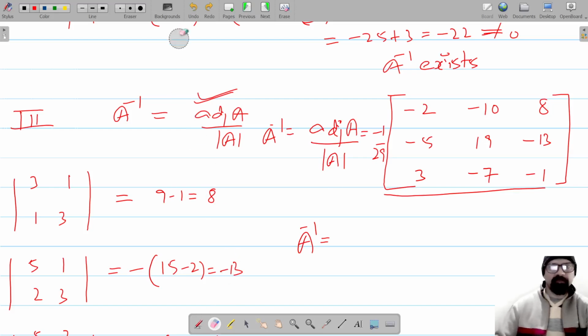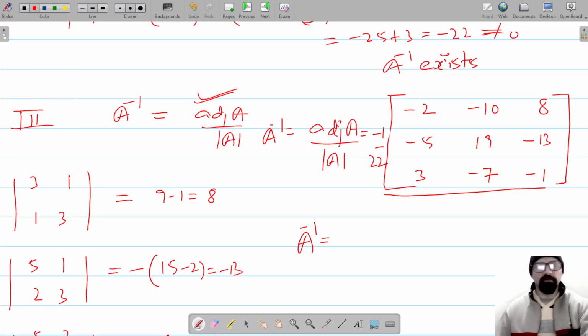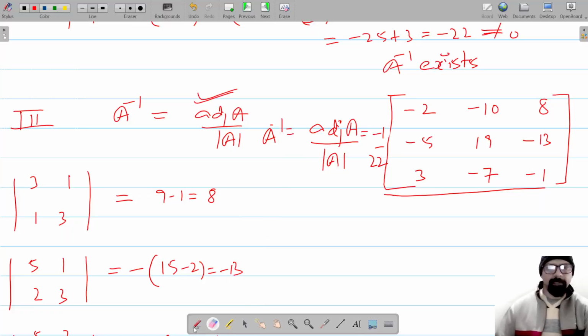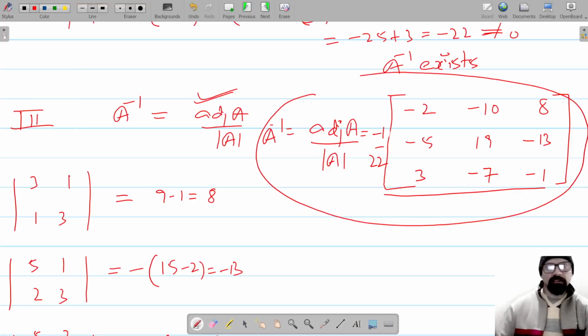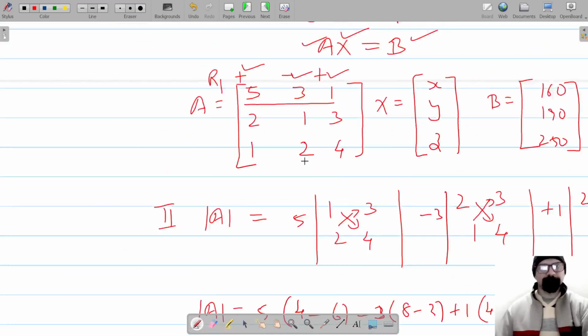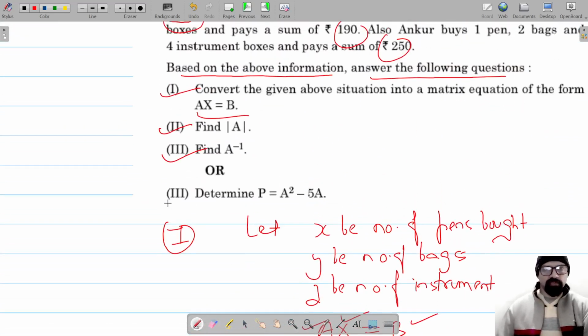-22. यहाँ से घटाएंगे तो ये -1/22। ये है A inverse। ठीक है, तो A inverse हमने find out कर लिया है, और आगे देखते हैं next इसमें क्या पूछा है।